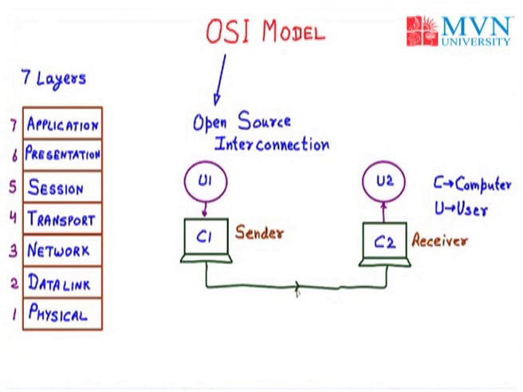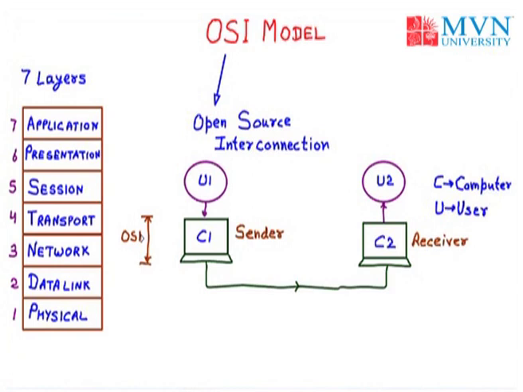Now where does the OSI model come into play? At the user side, we are only looking at the complete window, that is the GUI window. That means the user is viewing the GUI window, but at the point of the wire only bits are transferring. That means there must be a model which converts all the GUI environment into a number of bits so that the wire can send the data. So from the user to the wire, we use the OSI model, and every layer has different functions. So that is all about the uses of the OSI model.